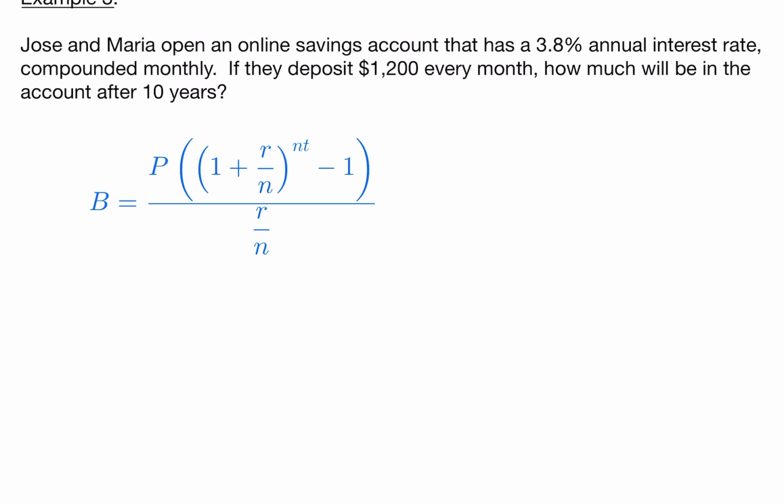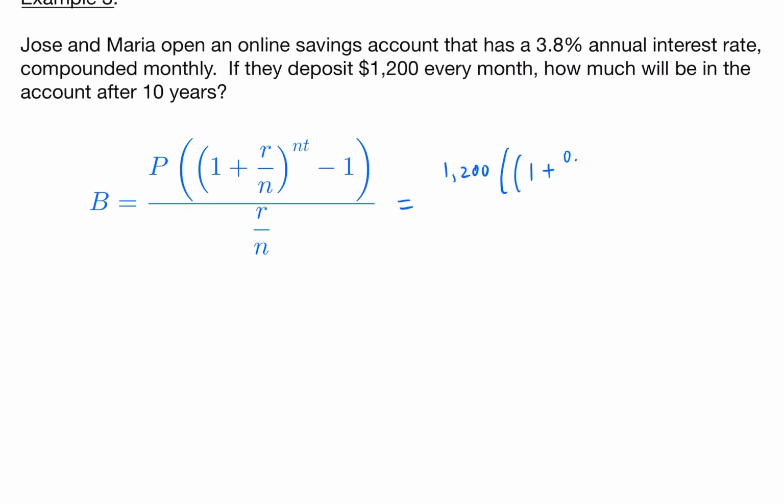So now we have Jose and Maria open an online savings account that has a 3.8% annual interest rate compounded monthly. If they deposit $1,200 every month into this account, how much will be in the account after 10 years? Let's go ahead and utilize this equation and substitute the following values. So the principal is going to be $1,200, right? So they are depositing $1,200 every month, and they're going to earn an annual interest rate of 3.8%,